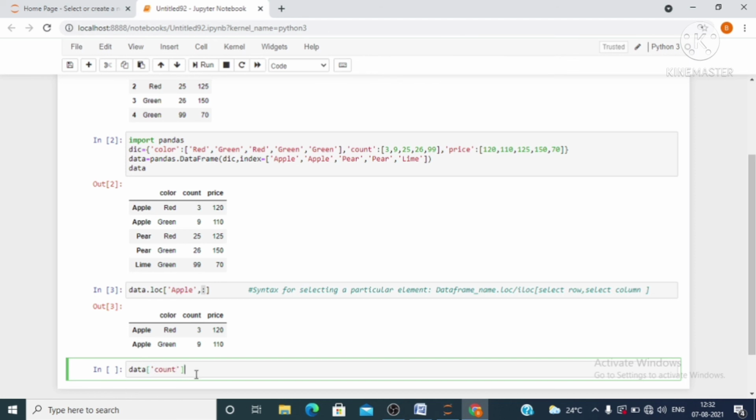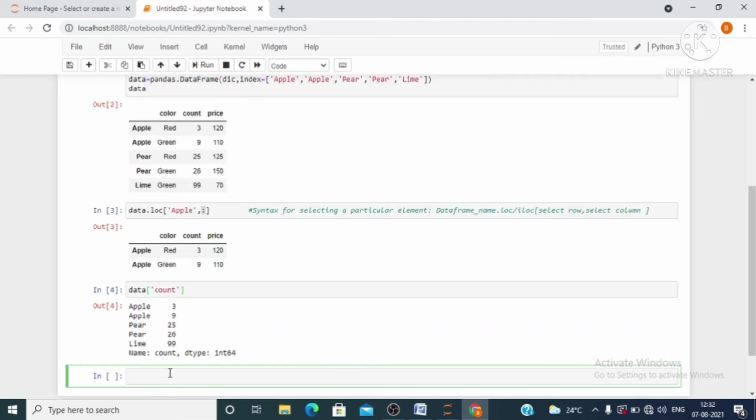So up to now if you run this code, first of all see what will be the output. It will select the column count, only one column which is count has been selected. Okay, so count value of apple is 3. Next, for next row value of apple is 9, then similarly for next 25, then 26 and 99. Okay, so one column will be selected.